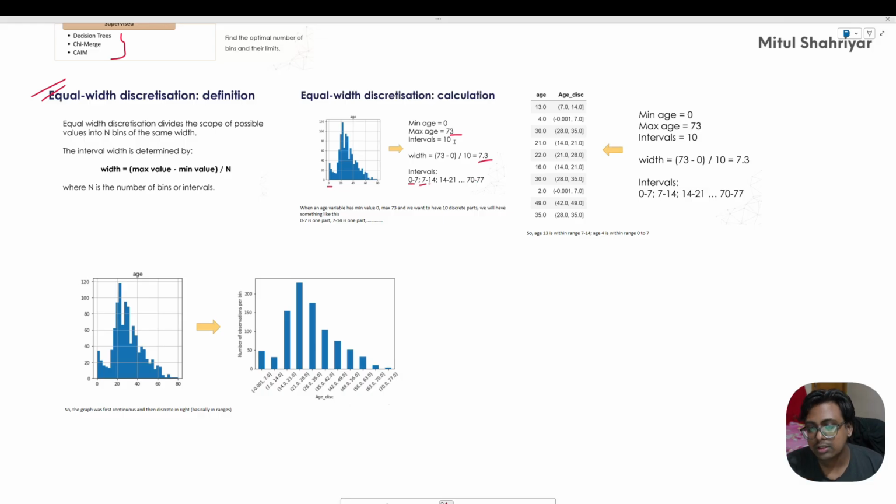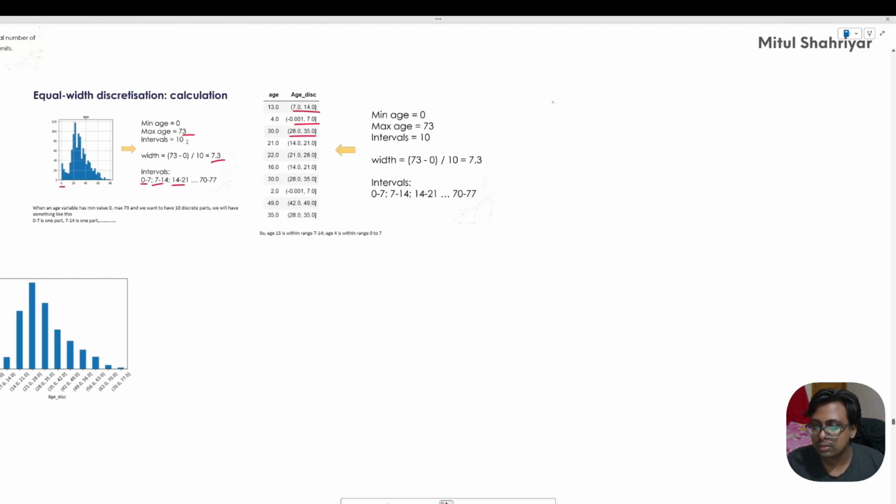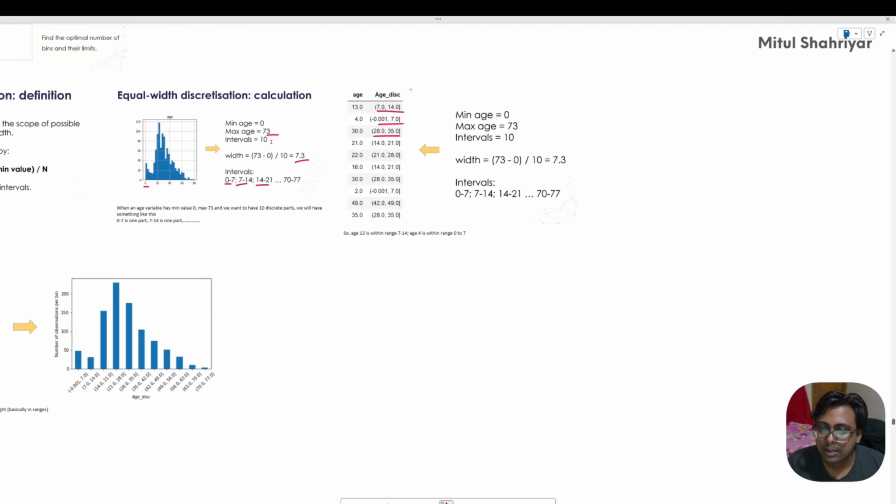So 0 to 7, 7 to 14, 14 to 21, and so on. So you can see 0 to 7, 7 to 14, and 28 to 35. All of these have a constant width, which is 7, right? And minus 0.001 basically refers to 0, no problem with that. What it is referring to is, assume that we have this X column, and now